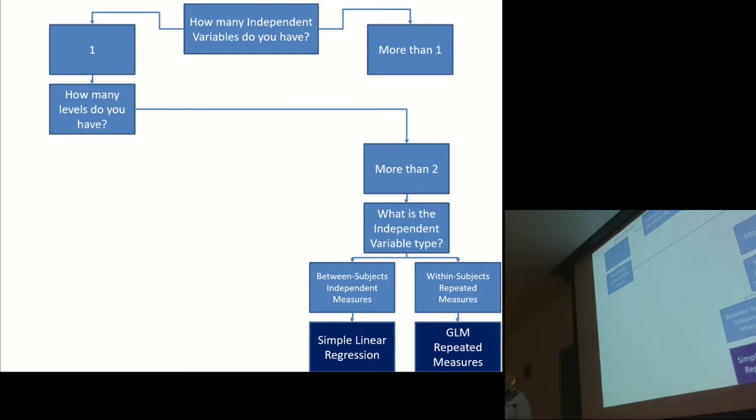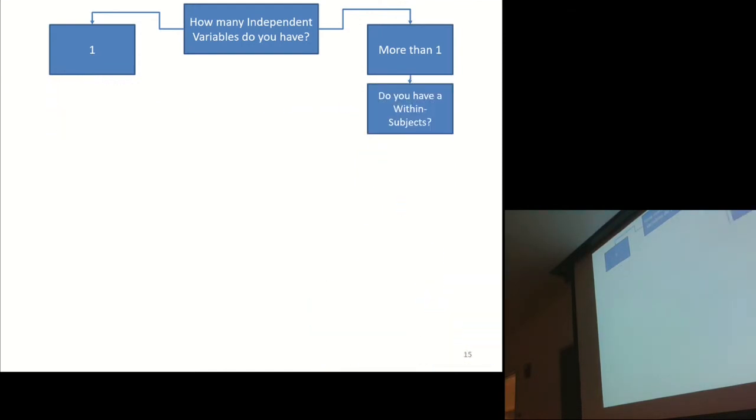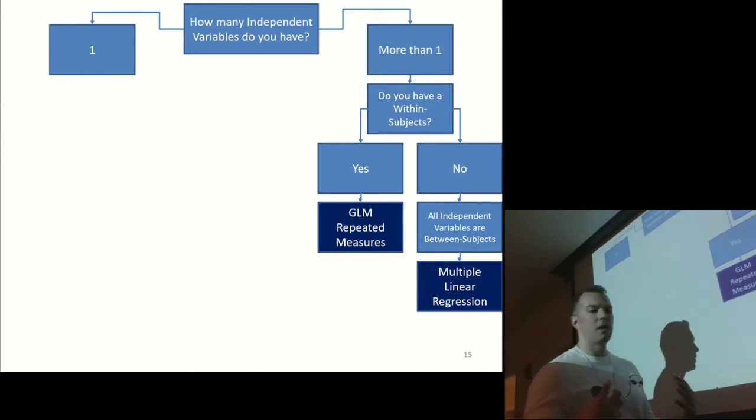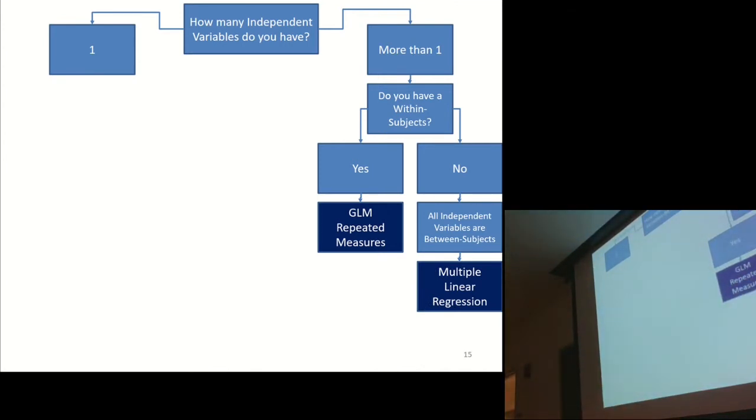That doesn't mean that if your variables have order to them, you cannot use an ANOVA. But as soon as your variables have order, you can use a statistics test that takes that into account, and that's one of the reasons why you might want to use a regression. All right, and once again, if you got more than one, do you have that within subjects? If you do, general linear models, repeated measures. If not, then you're doing a multiple linear regression where you can put in those multiple independent variables to predict your dependent variable.